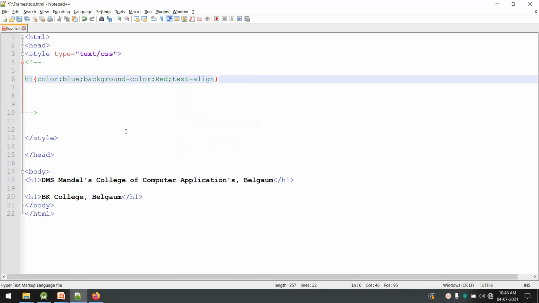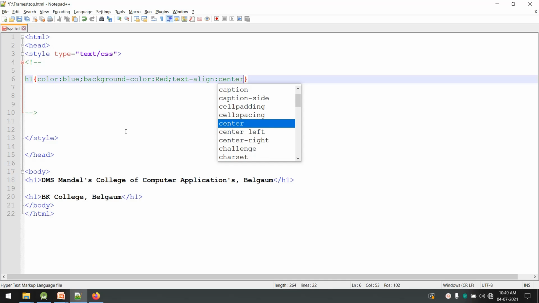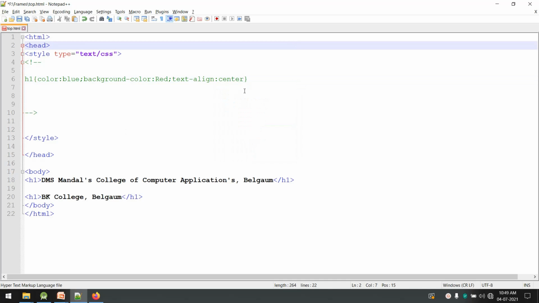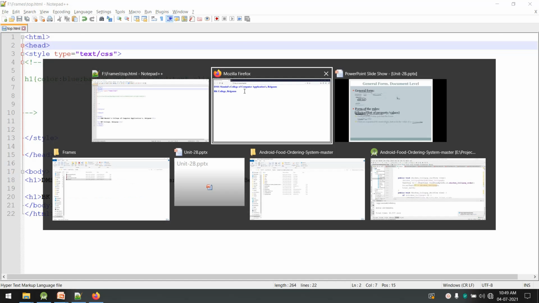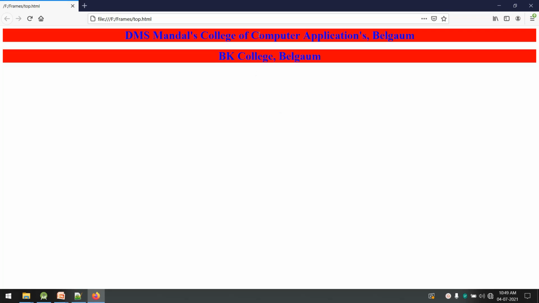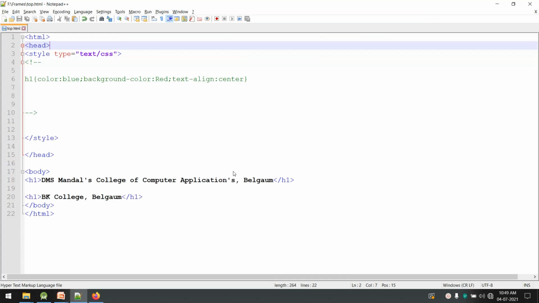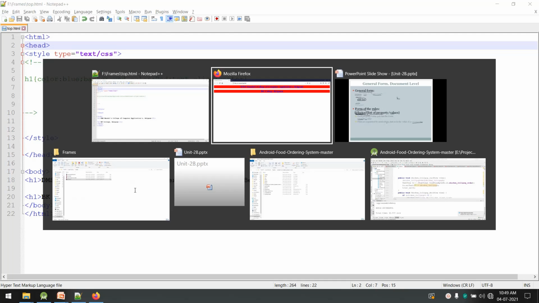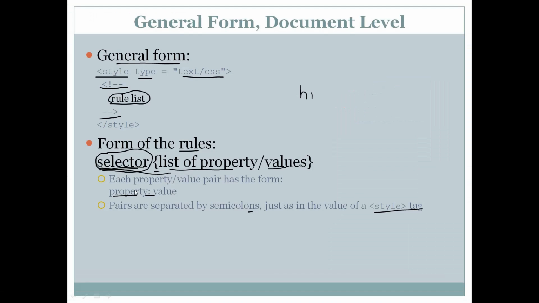So text-align equals center. Okay, say save it and let me refresh this. Now you can see the background color has been applied as red, and the content has been center aligned. So this is how we can apply a document level style sheet. The style rules are applied to the complete document here, not to a single tag. Okay. So I hope you understood the document level style sheet.